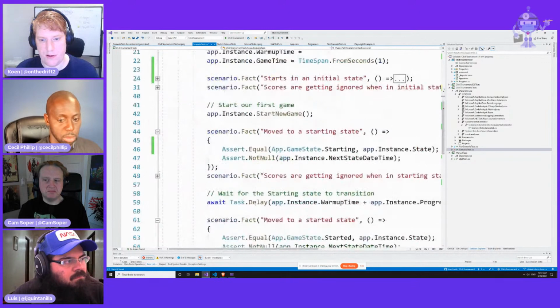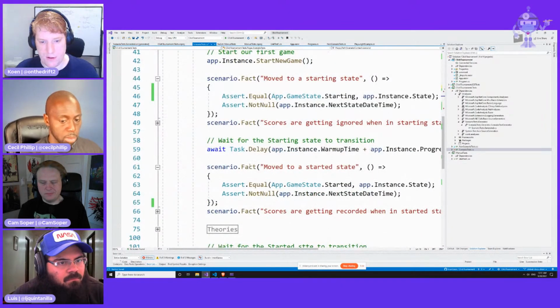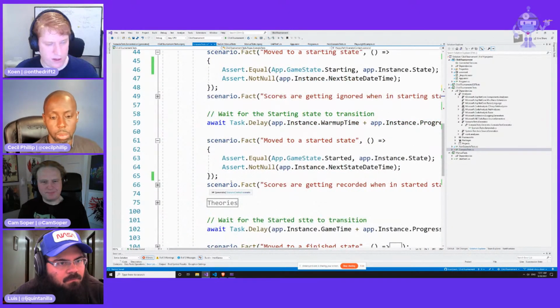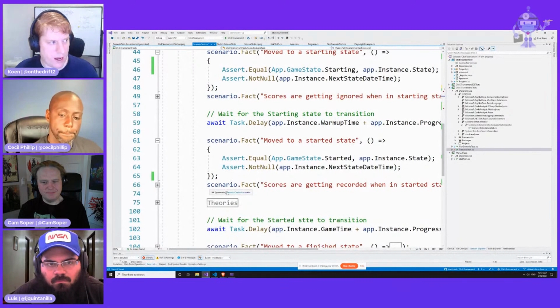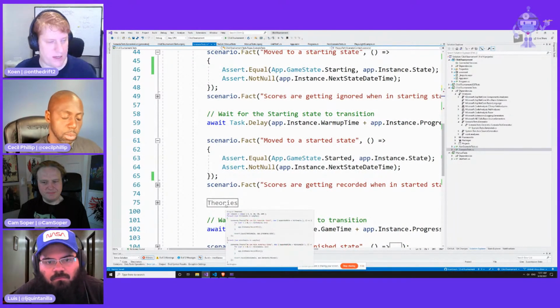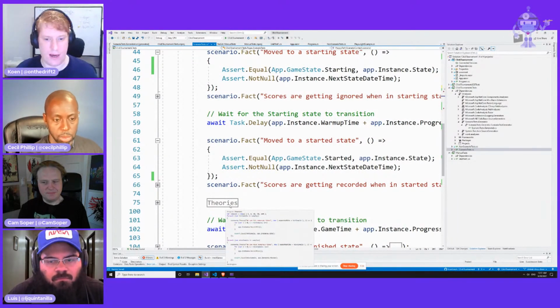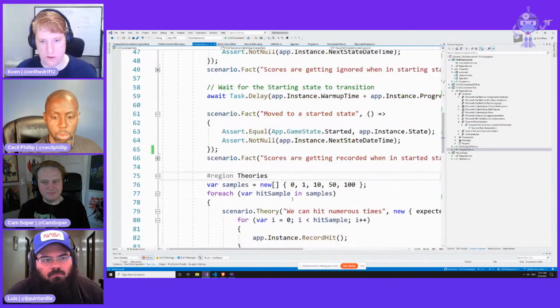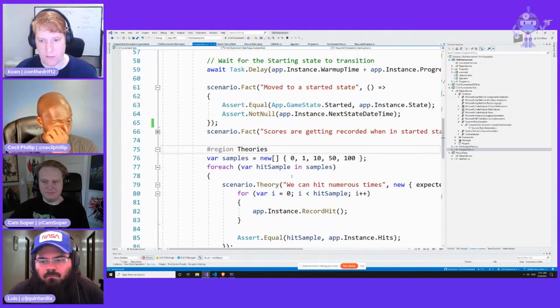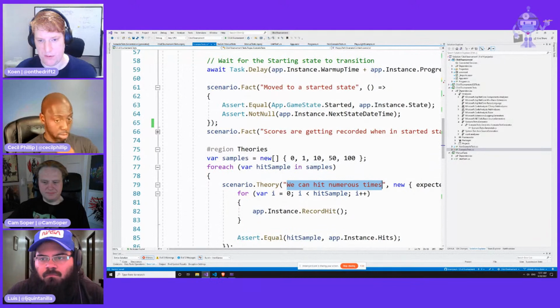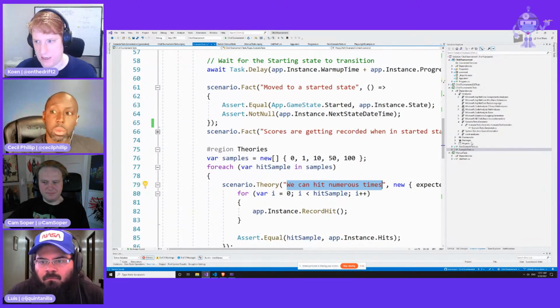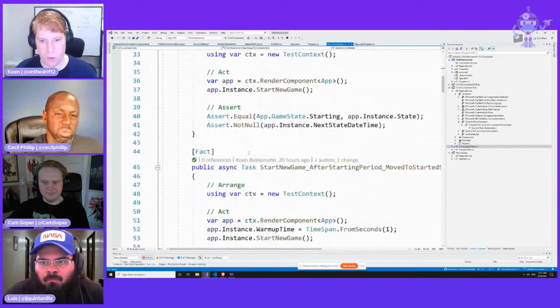And let's see, yeah. Because this is XUnit, and XUnit has basically, I would say, two types of facts. You got your normal facts and you got your theories, right? And we have the same thing here. So we can just have a theory here that says we can hit numerous times. And the way we implement the theory in XUnit normally is we would have,